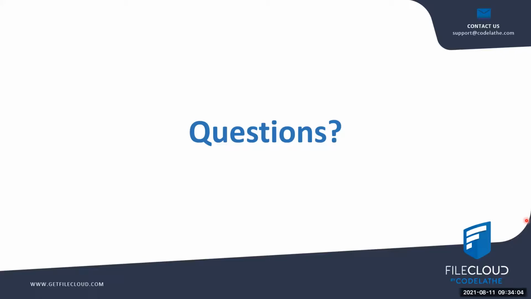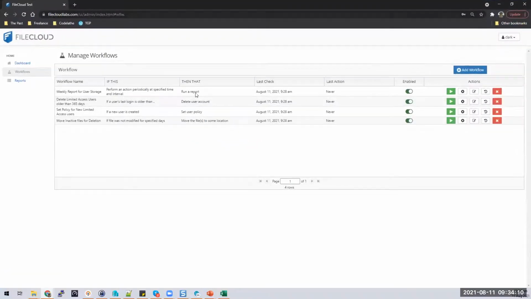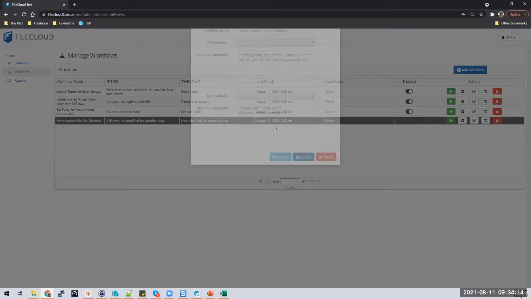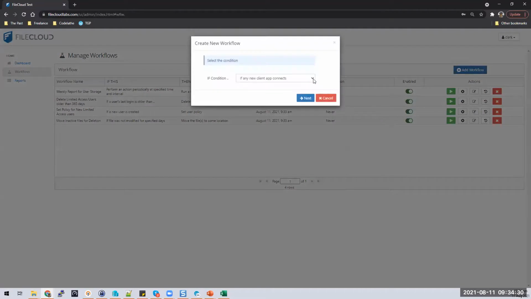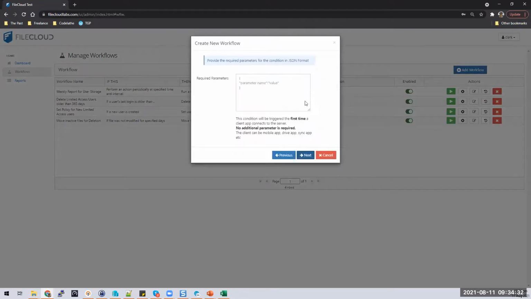Okay, let's go over some of the parameters that we have covered from earlier. So from the sample that we have, let's go over the deletion one over here. This is one of the workflows that I've already created. And from here, from the parameters that you have, aside from being able to get example parameters, when you go ahead and click next,